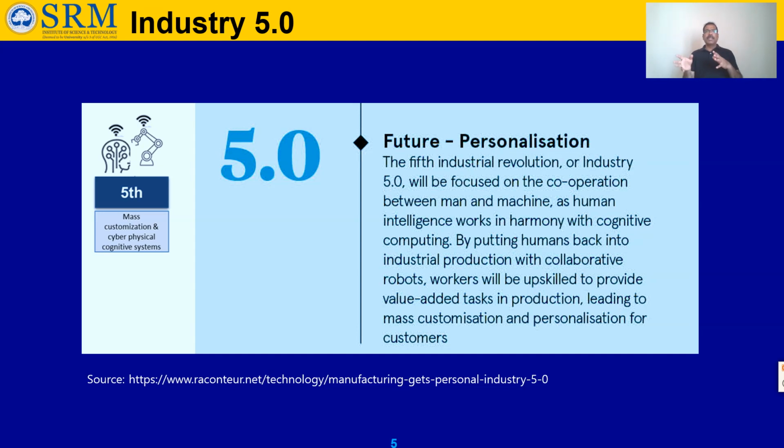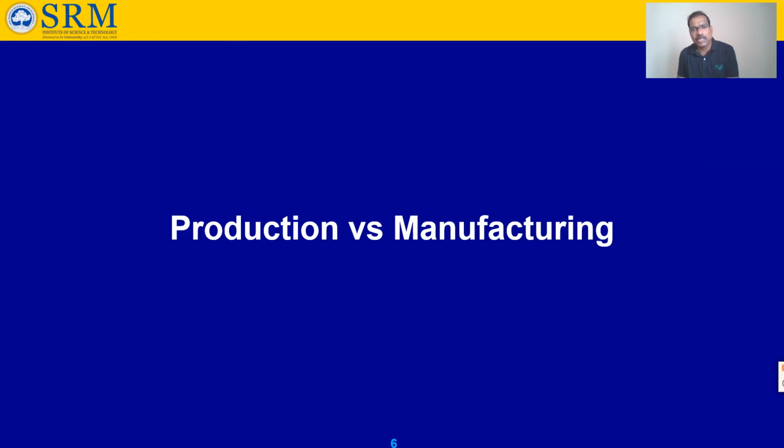But implementing Industry 4.0 itself is difficult in India. People are trying. Once they come up with Industry 4.0, it will be very easy because everything is internet based. Okay. So next we'll move on to the main topic of this unit, production and manufacturing. Previously we discussed Industry 4.0, 5.0, and suddenly we are moving to production and manufacturing. Yes, this is the basis for all these things, all these components. So we have to study this, and that's why we have this topic.